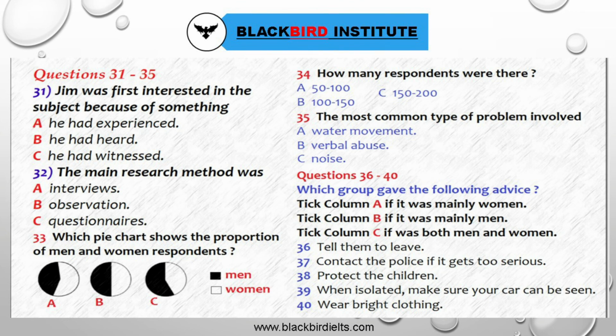Then, I had thought it would be mainly women, but both sexes made the point that above all, it's important to get children away from any possible danger. Men were very aware that jet skis could be unpredictable in inexperienced hands. They also made the point that it's much safer to have your car nearby and clearly visible to any watercraft if you're swimming in a relatively remote spot. Finally, wearing visible clothing, men didn't think it was quite as important as women, but both gave it a high safety rating. When we asked them what they thought the government should do to help solve the problem,